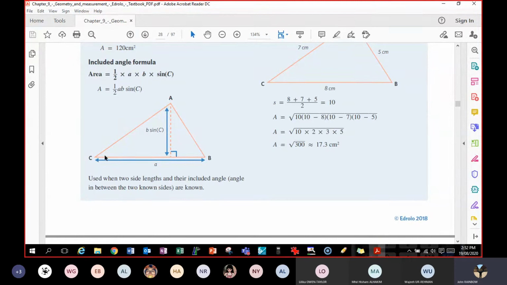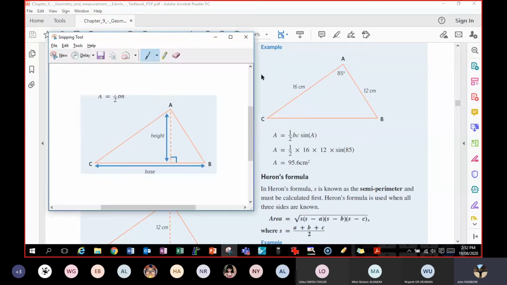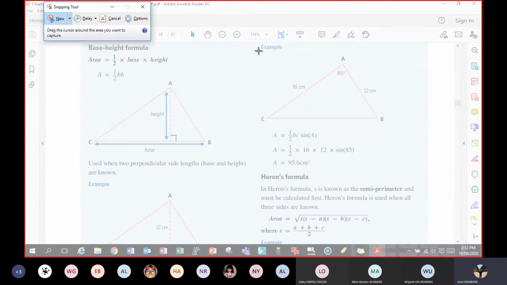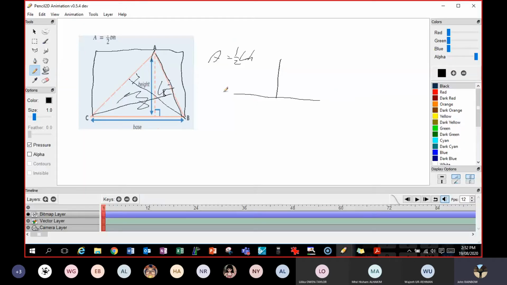Really, what you're doing is this length times this length. You don't really need to know why it works, but I'll just show you anyway. You just really need to know the formula. So if you're given two lengths and the included angle, you can use that formula. Why this works is due to the fact that